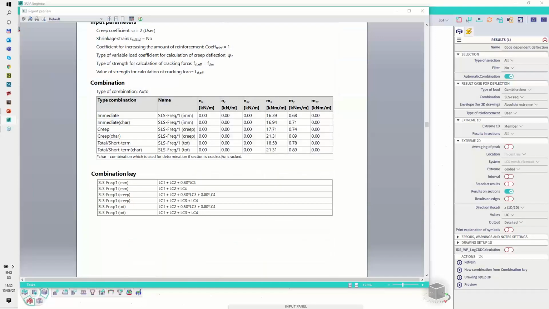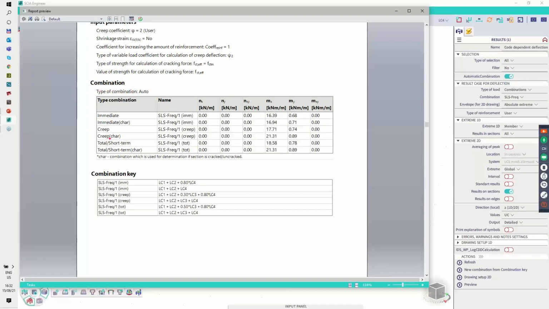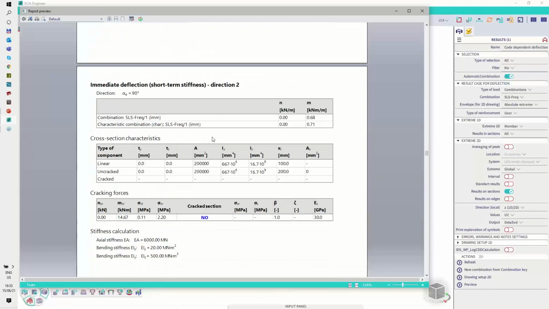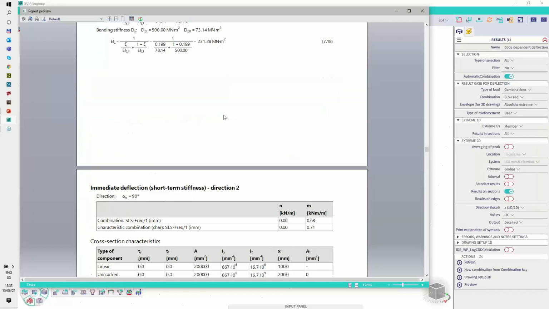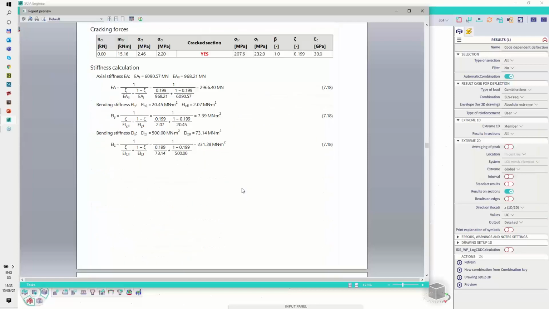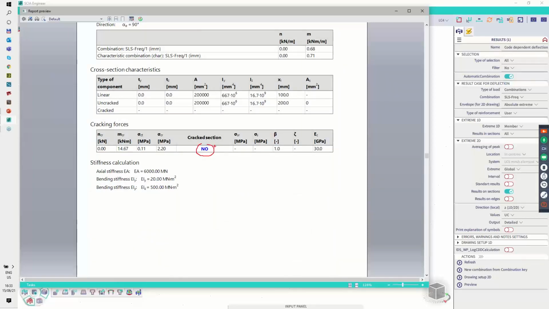Yeah, so for the 2D, we have actually the internal forces, again the combinations, but here there is a difference that you need to calculate the stiffnesses for both directions of principal stresses. So here is direction 1 with the same content, but immediately we have also direction 2. So for instance, now we have a cracked section in the main direction because the slab is one way. So it's obvious, but for the opposite direction, it's absolutely clear that the section is uncracked, because it's a one-way